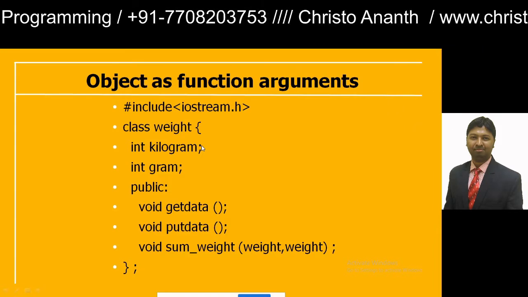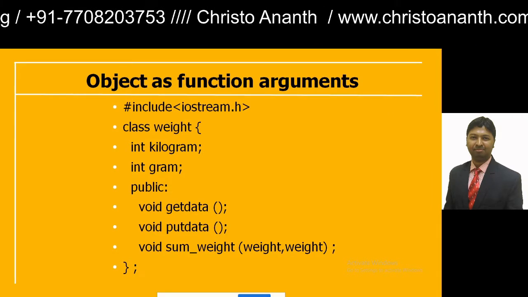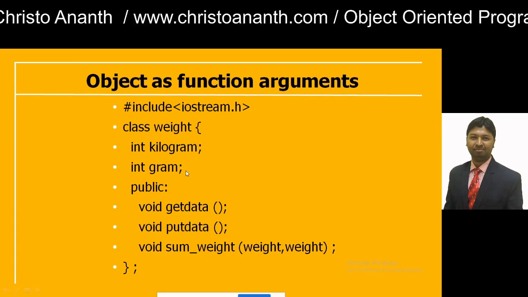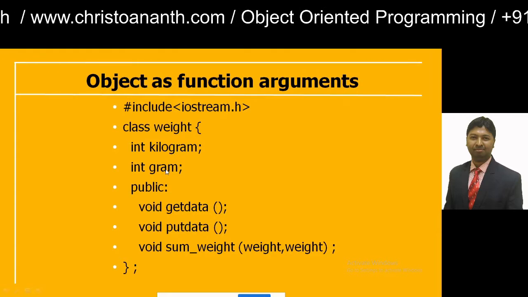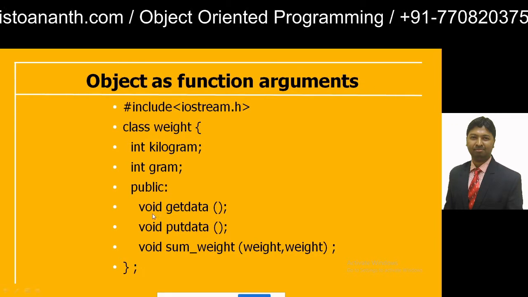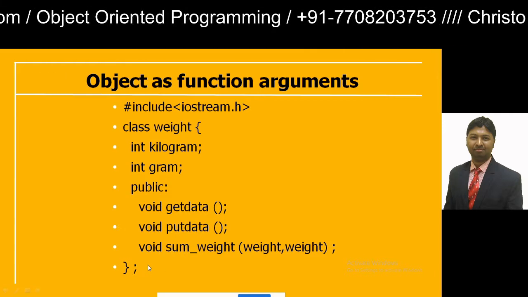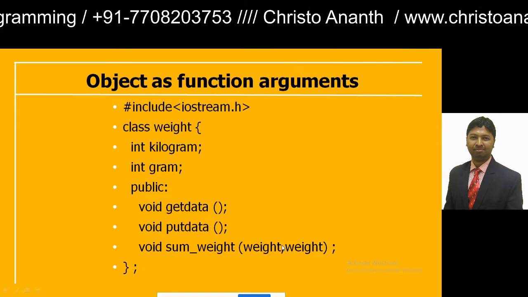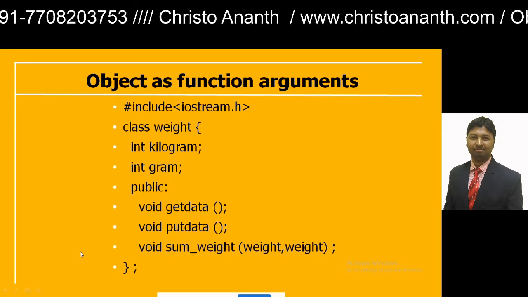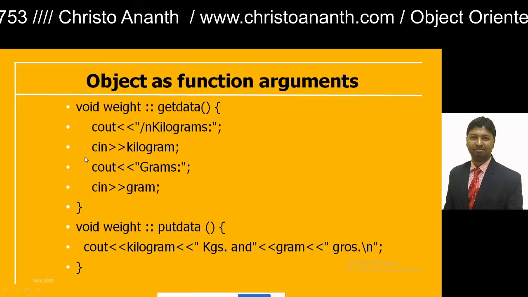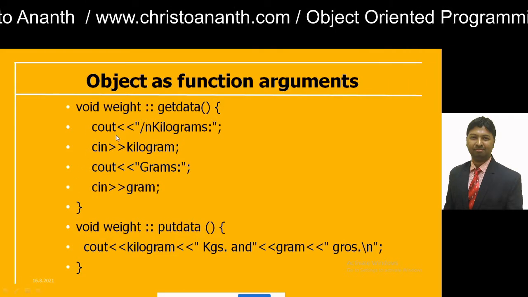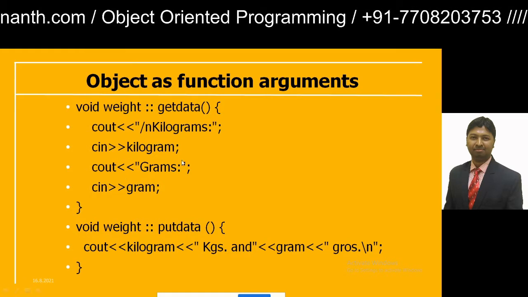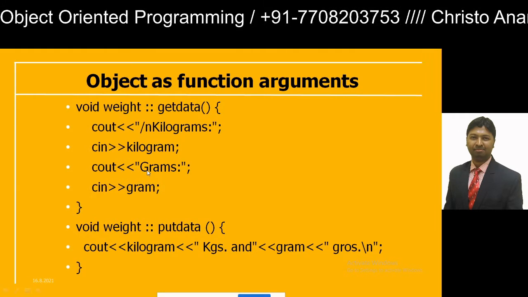We explain this with the help of a program showing how we pass objects as function arguments. #include <iostream.h>, class Weight. Here you have kilogram and gram, and then you set the section as public. void get_data, void put_data, void sum_weight, with the parameters Weight, Weight, and then you close the brace. In void get_data, you cout to print kilograms, input the weight in kilograms,